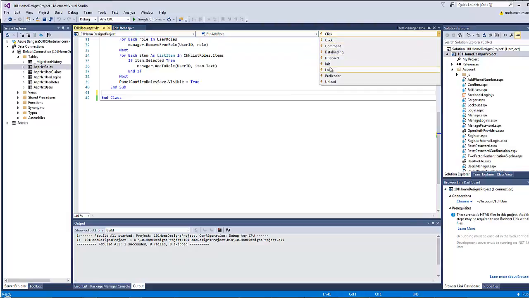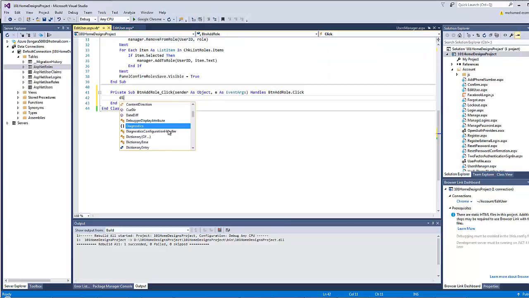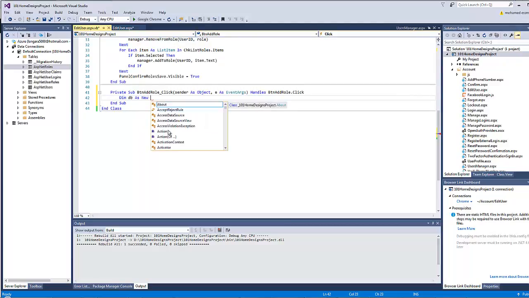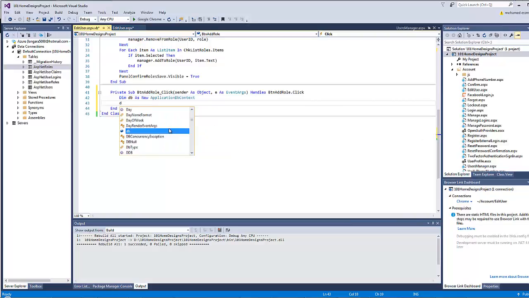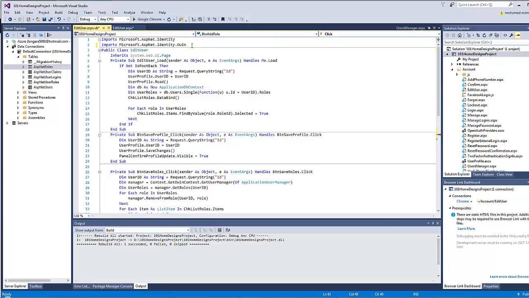So on click. As usual, the first thing is Dim db as new application db context. Dim new role as new identity role. And we will end up with an error here, as you should import something called